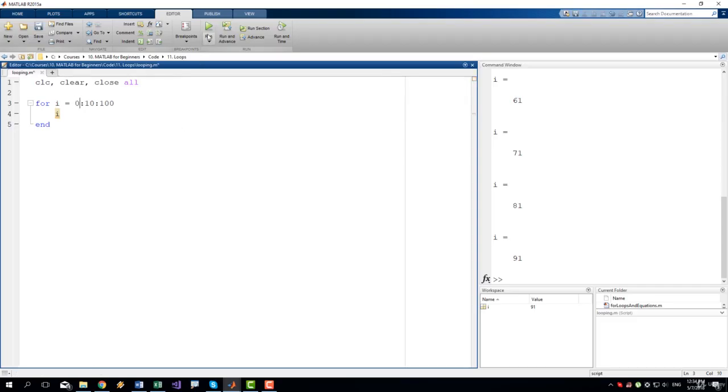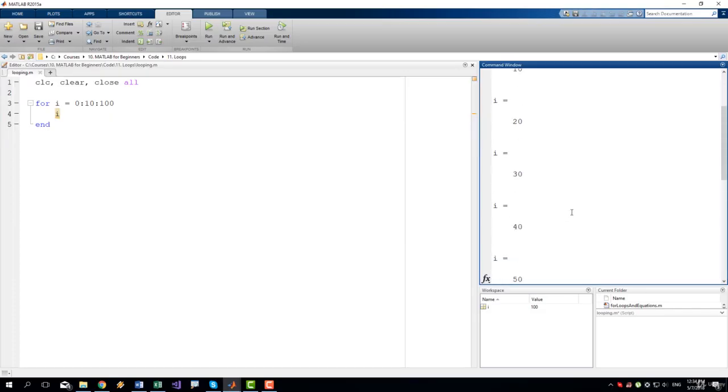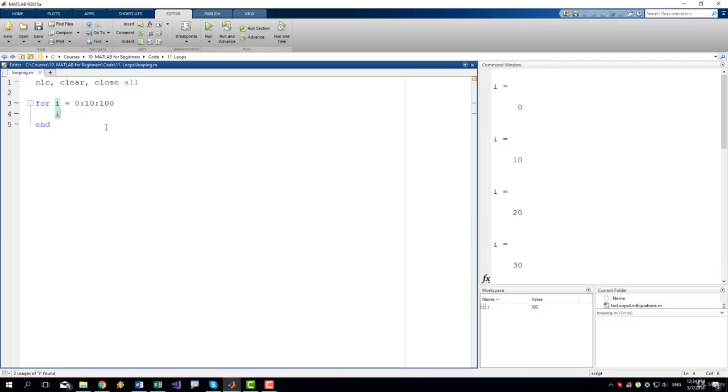Actually, this should be from 0. There it is, and we still get 10 iterations, or actually 11 iterations. And once you know this, you can generate a loop that will execute any number of times that you want. Now, let's generate a new vector, so v1 from 1 to 20,